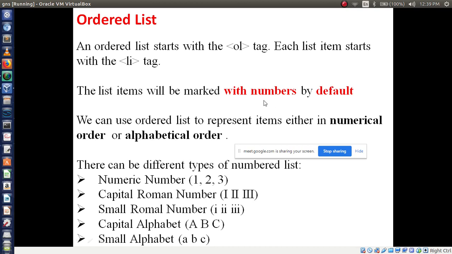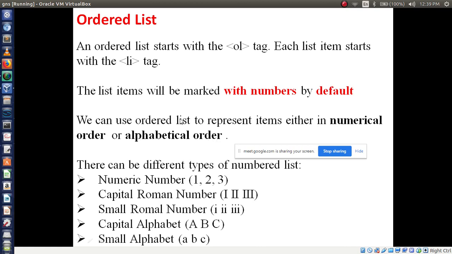See, just as the disc type displayed bullets there, in the same way if you use OL tag it will display numbers by default. So write down this. We can use order list to represent items either in numerical order or alphabetical order.